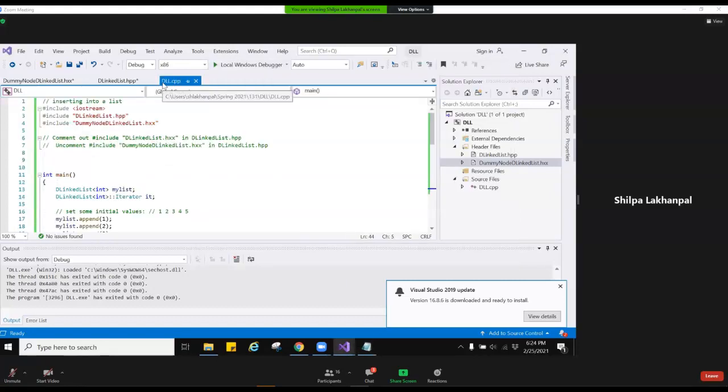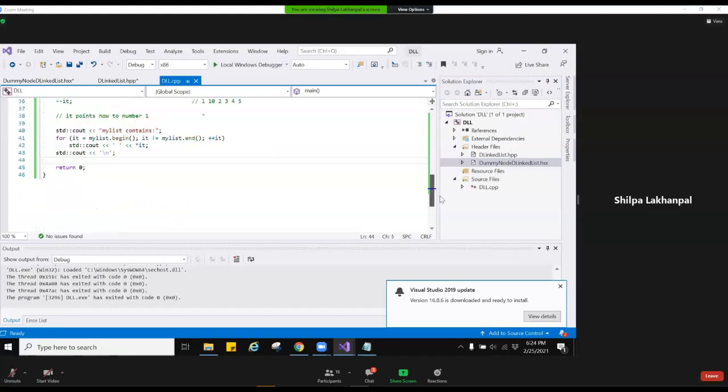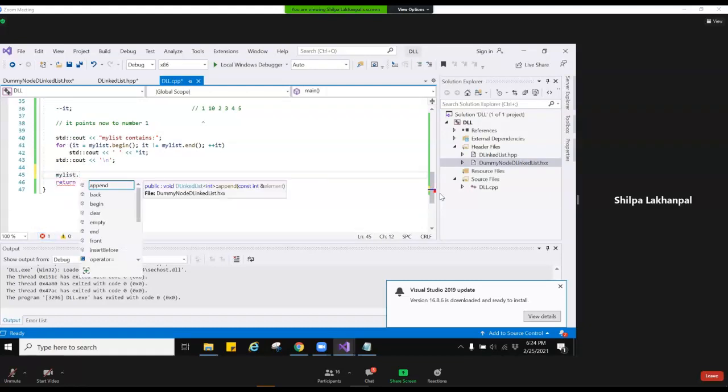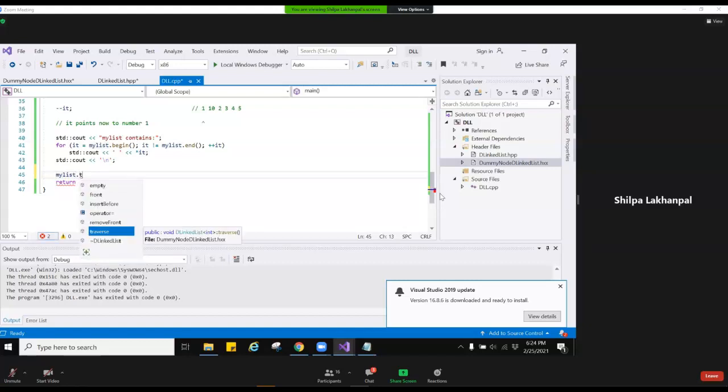So we can again test this function by calling the traverse function. Incidentally, when you just put a dot operator over here, you can simply press tab as long as that function is selected. Just press tab, that will save you some typing.